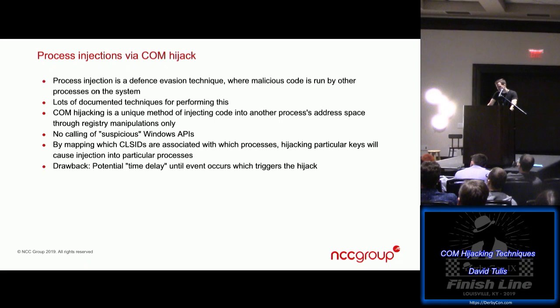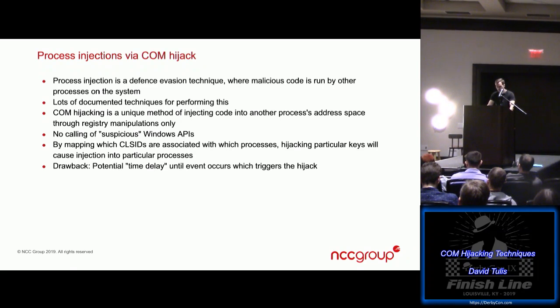The actual techniques for performing process injection are really a game of cat and mouse. As I demonstrated in my second demo, we created a thread in DllMain and injected some shellcode into the Explorer process using the CreateRemoteThread API. But that's really just one technique. There are a lot of others: there's APC injection, you can do process hollowing, you can do thread hijacking. There are a lot of documented techniques for performing process injection, but COM hijacking is not really considered a vector for